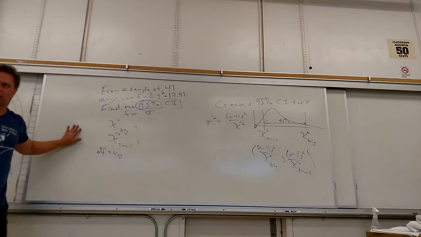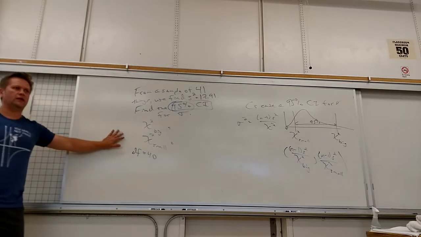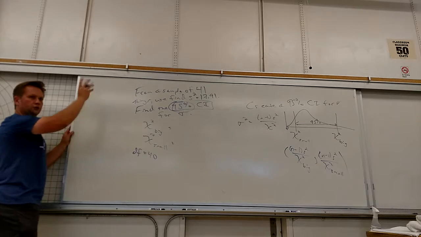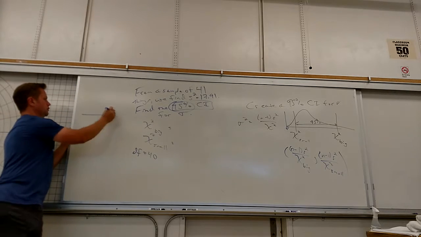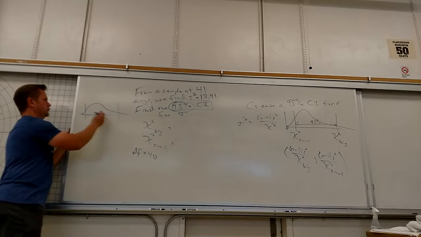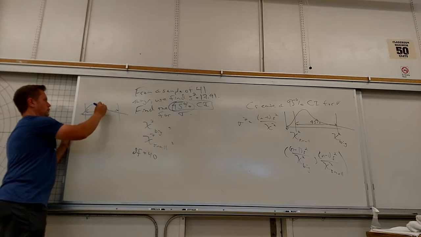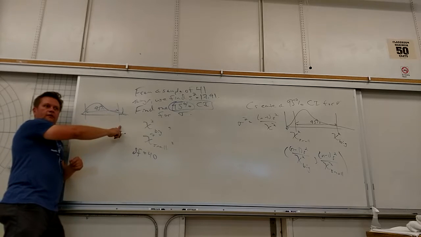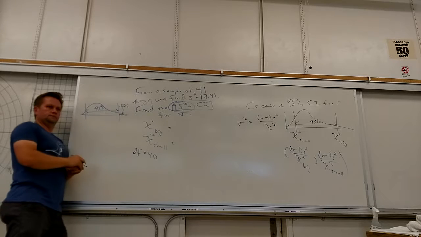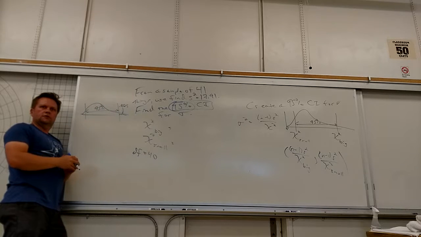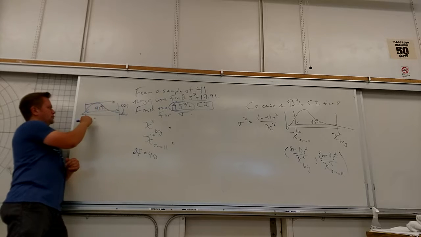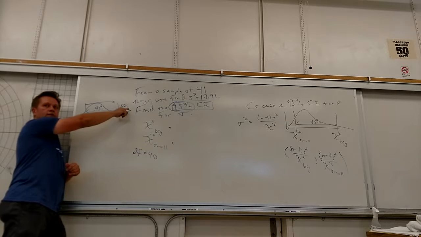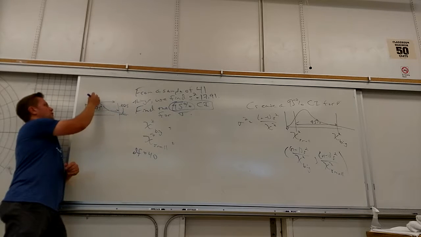Now, here's where drawing the picture is going to help you a lot, because this chart is built differently. It's all about areas to the right. So if I want a 95% confidence interval, what percentage is to the right of that chi-square score? 0.025, like 2.5%. And what's to the right of this one? 0.975.